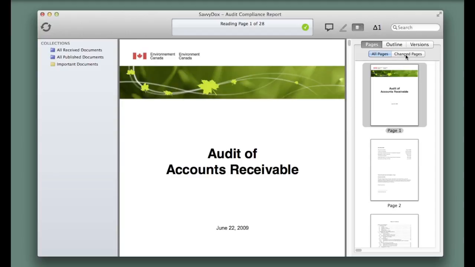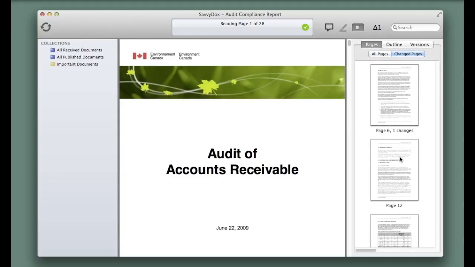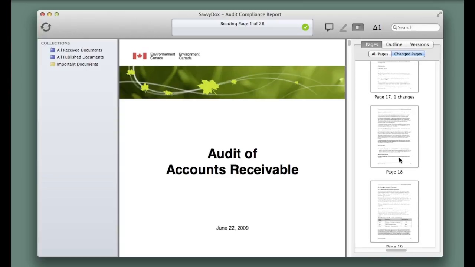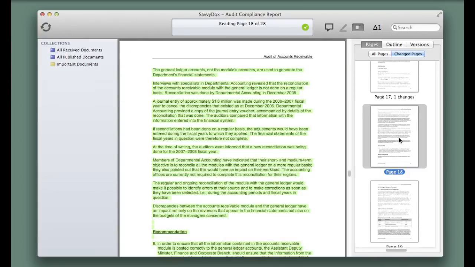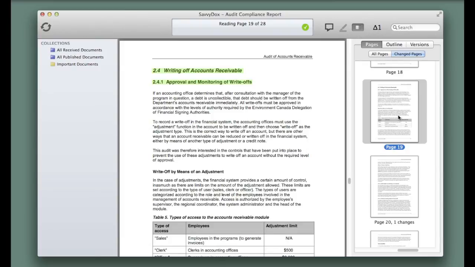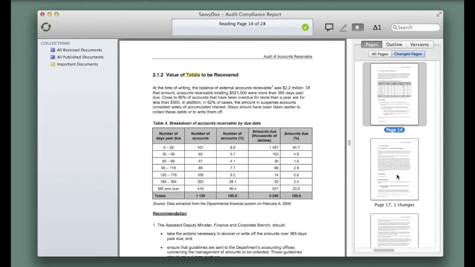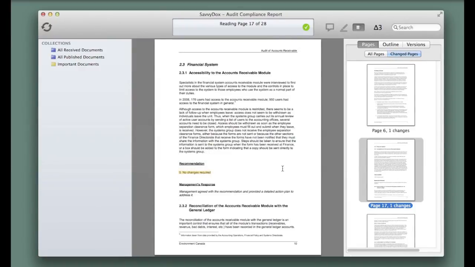And if we click on Changed Pages, this will show us just the pages that have changes on them. Content that's been added is indicated in green. Changed content is indicated in yellow, and you can hover the mouse over the yellow area to see a popover